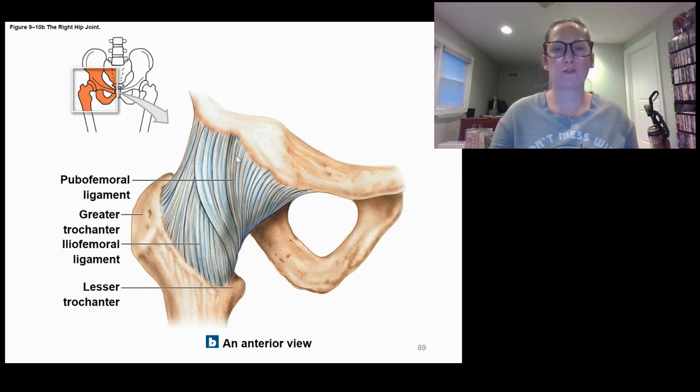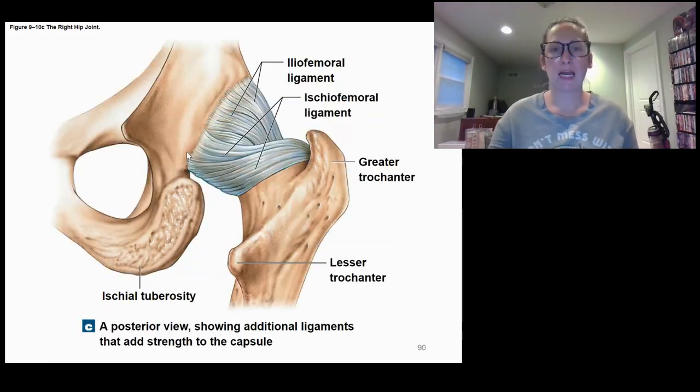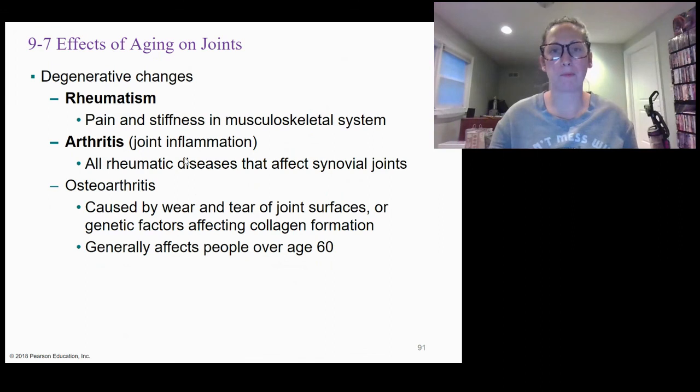So here you can see the femur. Majority of the anterior surface of this hip are covered by two main ligaments here, our pubofemoral ligament, as well as the iliofemoral ligament here. And that's going to wrap around towards the posterior side. Here you can see it continuing. And then you have the ischiofemoral. So again, at that attachment point of whether we are on the ilium, ischium, or pubis of the pelvic bone,